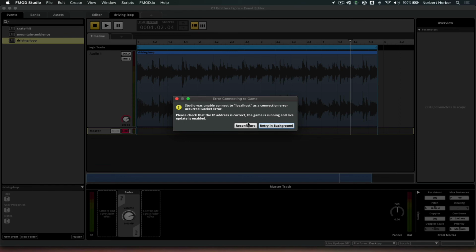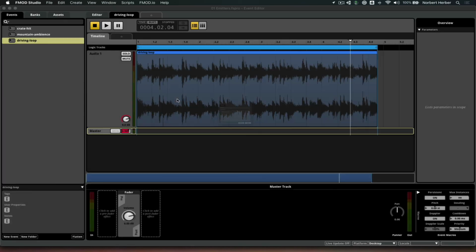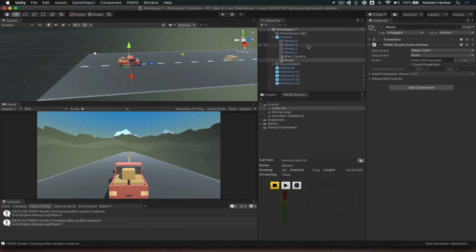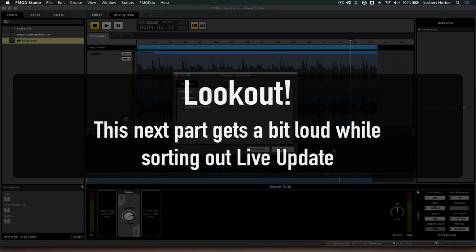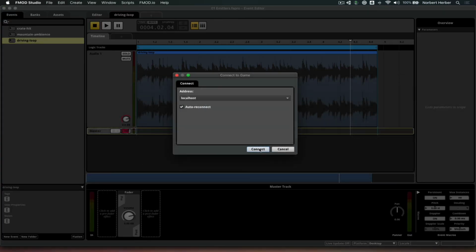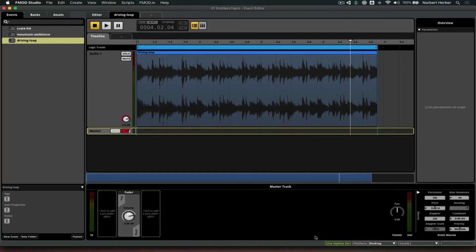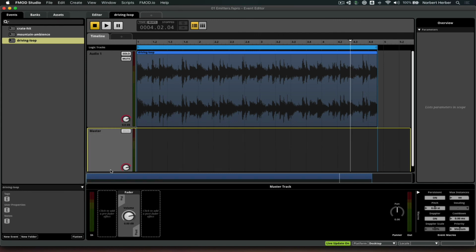Oh, that's right. And it's not happy to do this right now because the Unity game isn't running. So I actually have to let this game start. And then once that game is running, I can click connect to localhost, and then you'll see that Live Update is on. And what that means is that I can come to the driving loop, find our master channel right here,